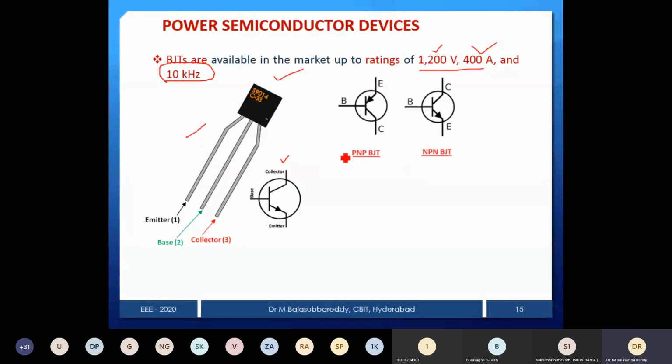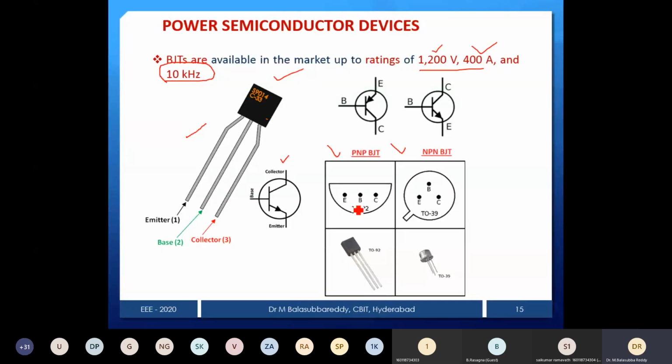You just see that PNP and NPN transistors, and there are different hardware components also. This small type, in your lab, I think the LDAC lab and all, will use this type of BJTs. And based on the arrow in this small symbol, you can identify the terminals. This is a collector, this is a base, and this one is an emitter. Similarly, another type, the TO-92 model, is the flat type: emitter, base and then collector.